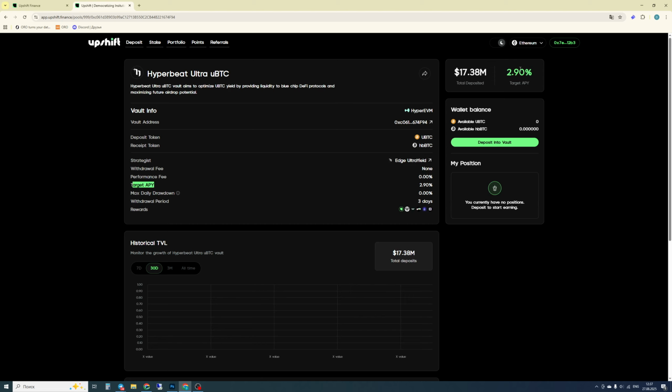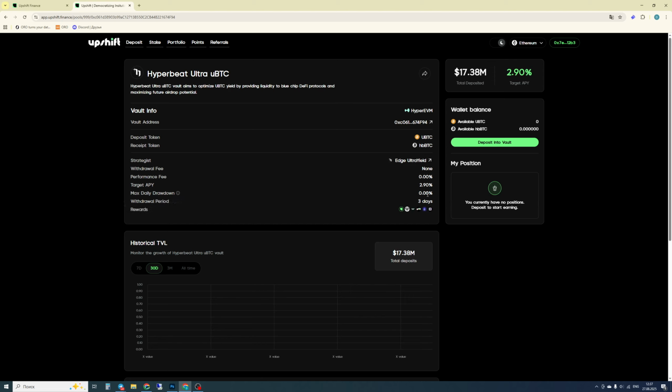The target yield in this case is 2.9%, which does not mean that you will always receive 2.9% 100% of the time. This is, so to speak, the value that this pool aims for. It may fluctuate slightly, being a bit less or a bit more, but on average, you will receive 2.9%. The max daily drawdown refers to the largest decline in value experienced in a single day. Since some strategies involve trading, there may be a drawdown on some days. If you see a percentage in this field, you can check what potential small risks you might incur. In this case, it is 0%.